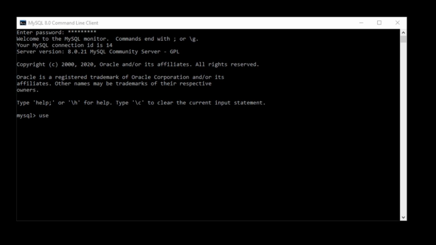Use DB bank, because we have already created the database bank. Now the next is create table. The first one is the table deposit, and the first column is the account number, having the data type varchar.